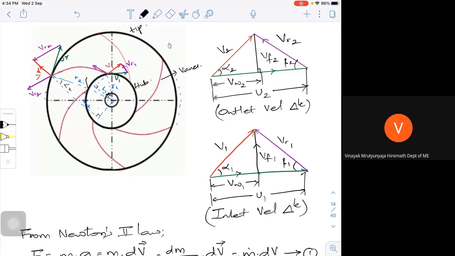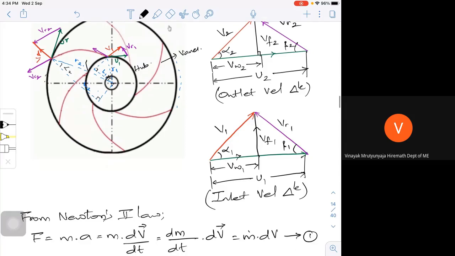Now, once I have that u, how to get the corresponding v or whatever it may be? Once you draw that, you try to join the point to the center. Then from the center you draw a perpendicular so that this angle is exactly 90 degrees, and I get a triangle here.